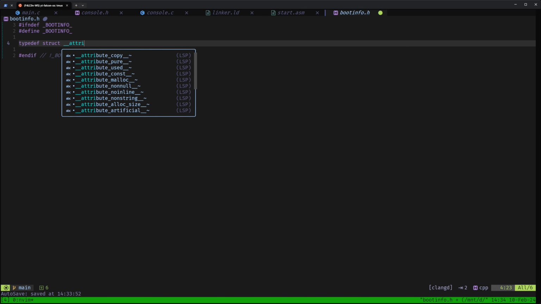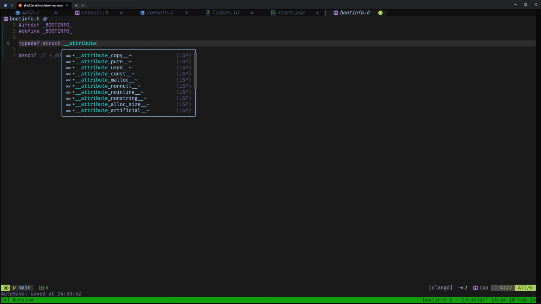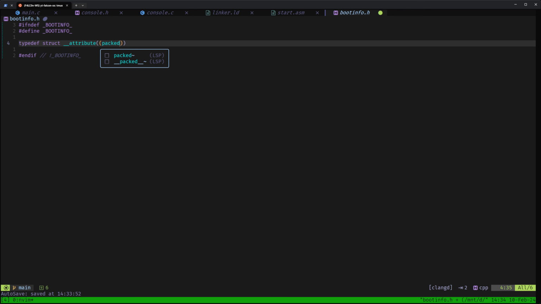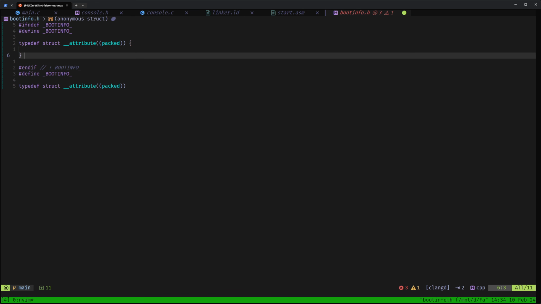I think we have a single byte in the middle of the struct that will basically move all the other fields below it if we don't pack it. So attribute, I think that's how it is, and then of course, oh yeah, I'll probably need to give it a name, boot info,